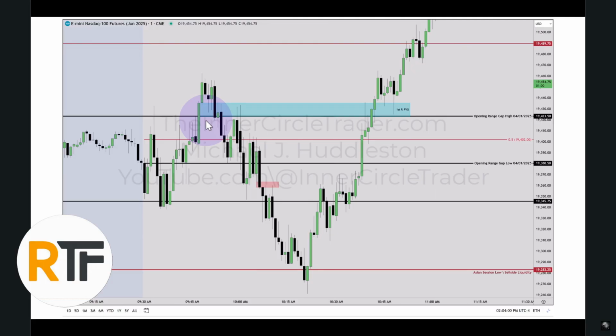But there were several reports coming out at the 10 o'clock hour Eastern Time on Tuesday, April 1st, 2025. So as mentioned, that would be the real move. That would start the opening range and utilize the first presented fair value gap. As you can see at 10 o'clock here, we were below the opening range gap high. So that means while we can spike up into the first presented fair value gap in blue,